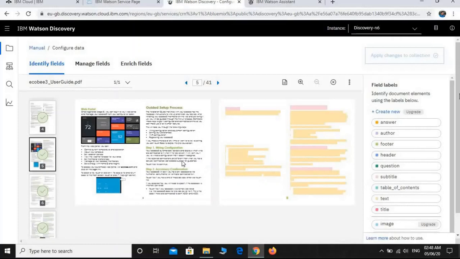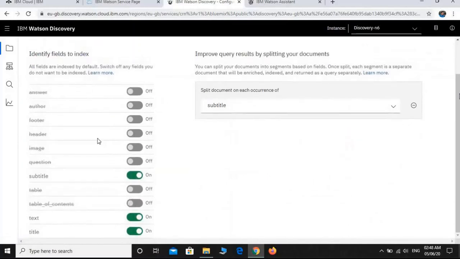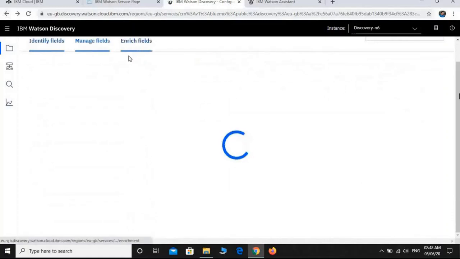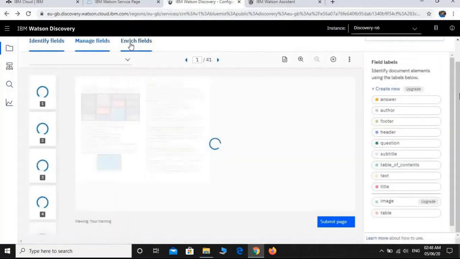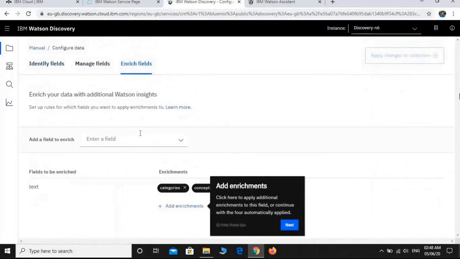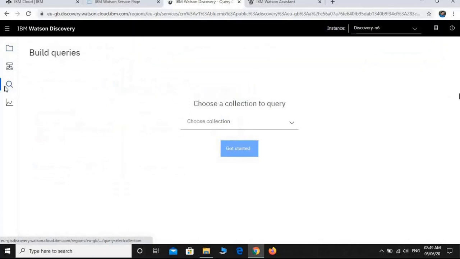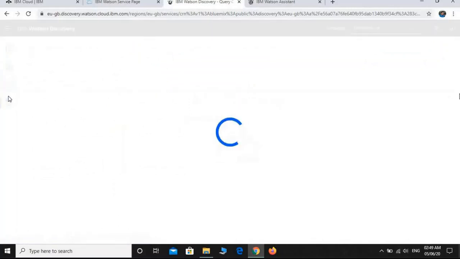So I am going to show all the data which I used for training purposes. These are the options. The options we need we put on and keep the others off. And these are the fields for managing and enriching fields.